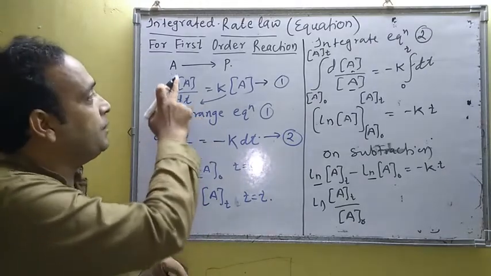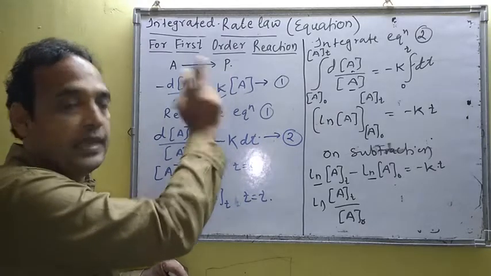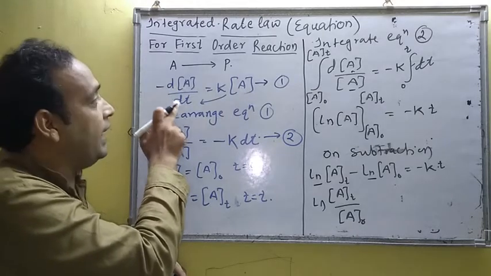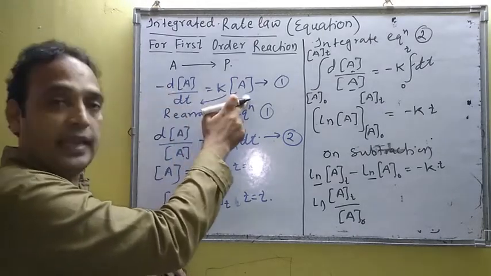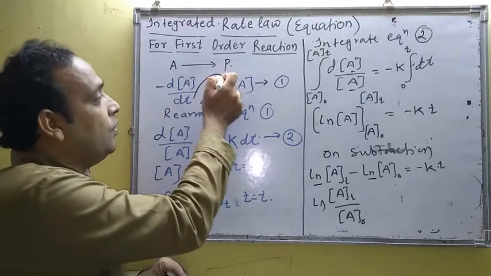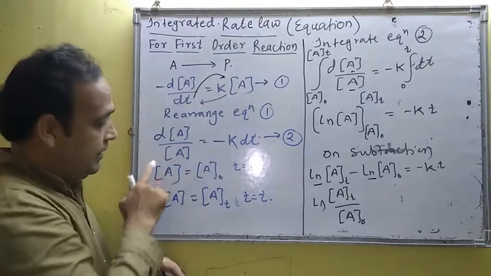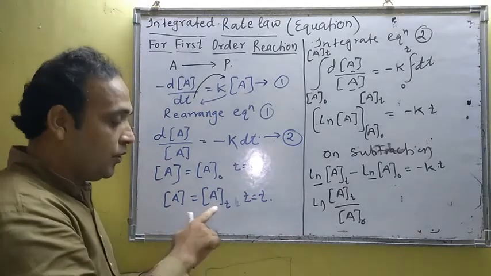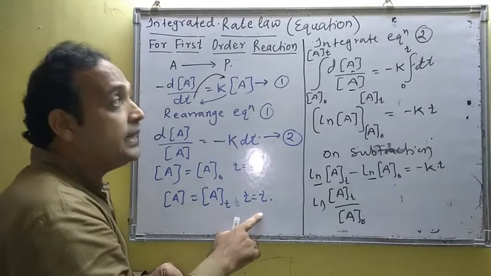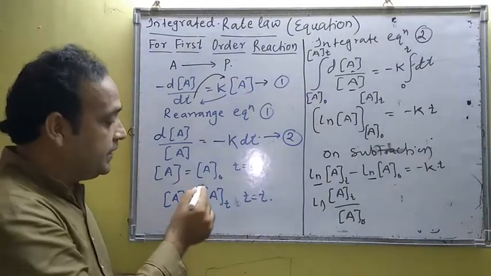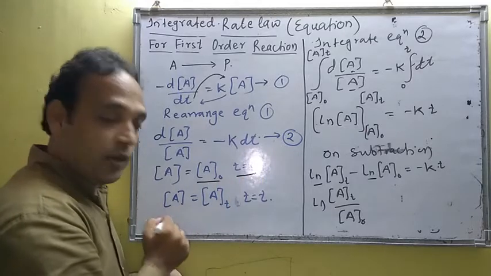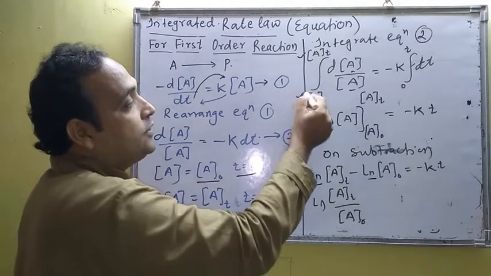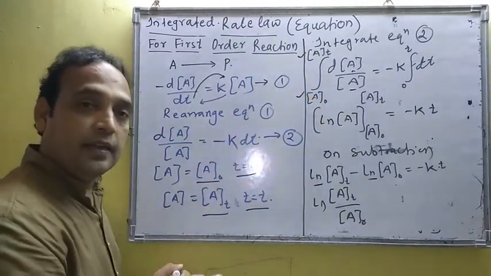A simple reaction, A converts into product P. A is the concentration. Now its differential rate law is given as minus dA by dt is equal to kA. Rearrange this equation. Now let A be A0 when time t is equal to 0, and A is equal to At when time t is equal to t. Now integrating within the limits A0 when time t is 0, and At when time t is t. Now At is upper limit, A0 is lower limit, and the simple mathematical term is given.